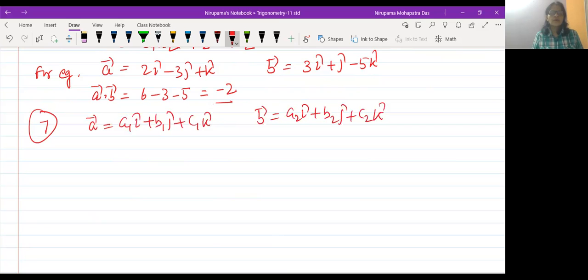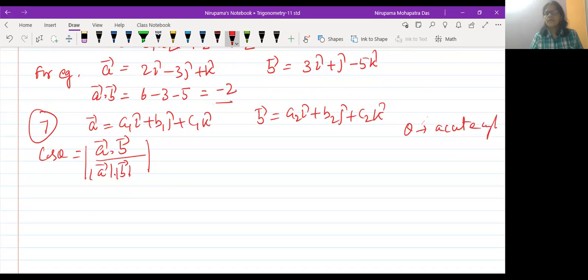Okay, so A dot B we know. And we know cos theta equal to A dot B by magnitude of A, magnitude of B. So if I take theta as the acute angle between two vectors, let me just mention this. Theta acute angle between A and B. So it will be A dot B, meaning A1 A2 plus B1 B2 plus C1 C2